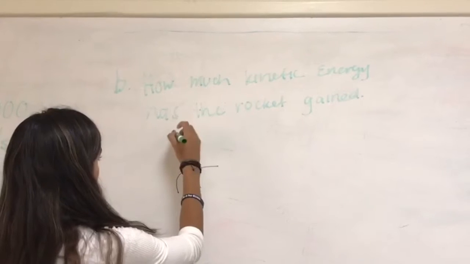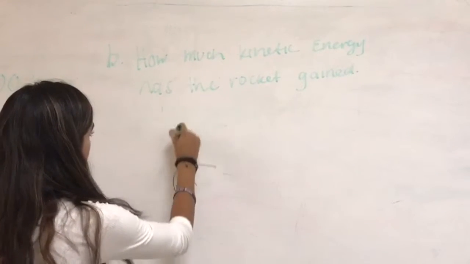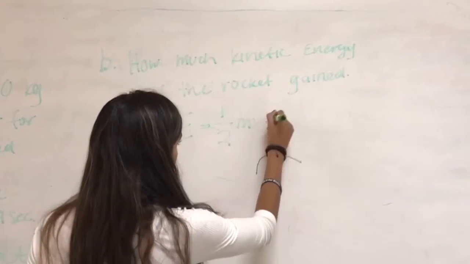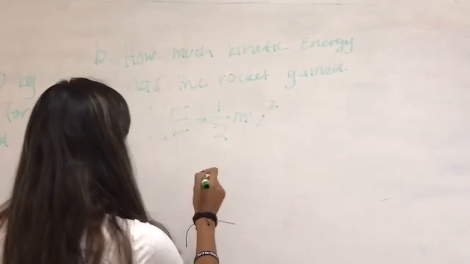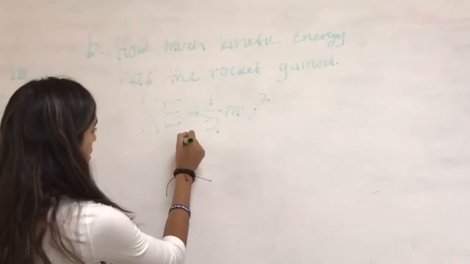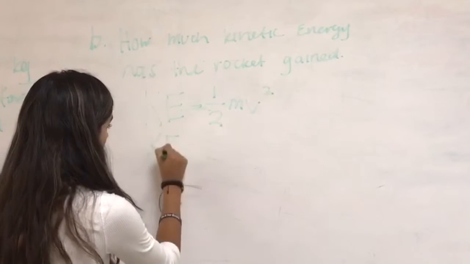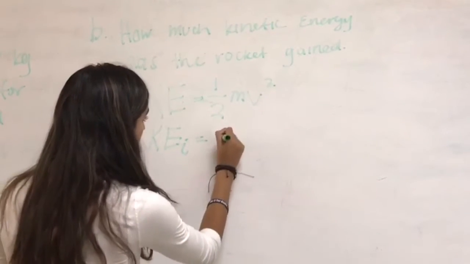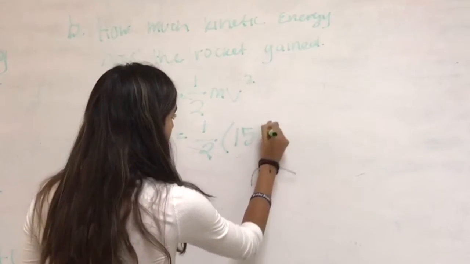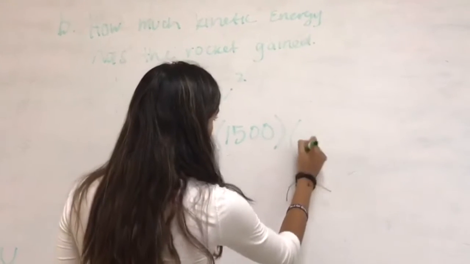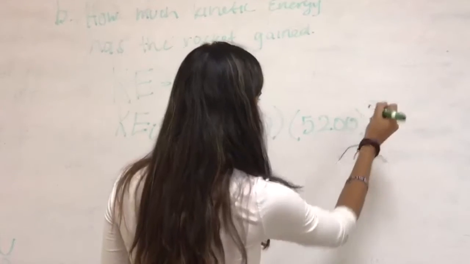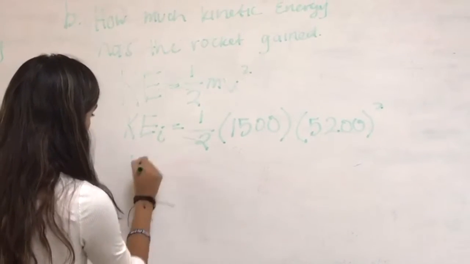So we're going to start off with our kinetic energy formula, which is 1/2 mv squared. And we're given the initial velocity is 5,200. So the initial kinetic energy is 1/2 times the mass, which we know is 15,000, times the velocity, which is 5,200 squared. And we know the final kinetic energy